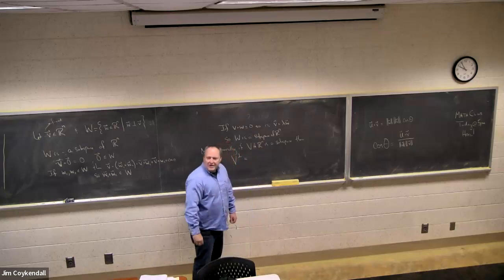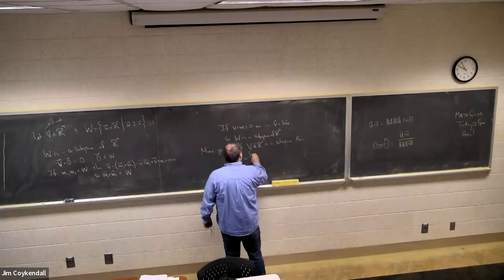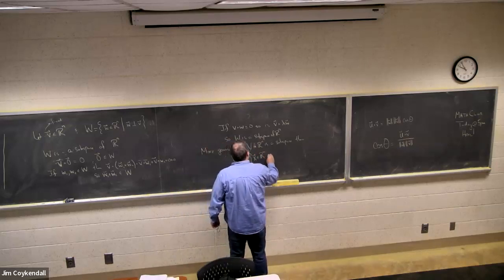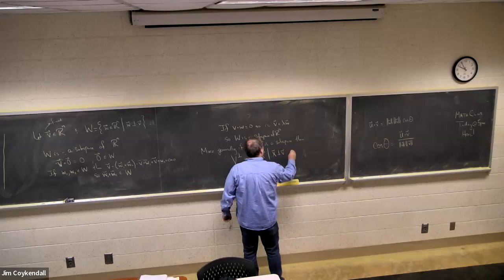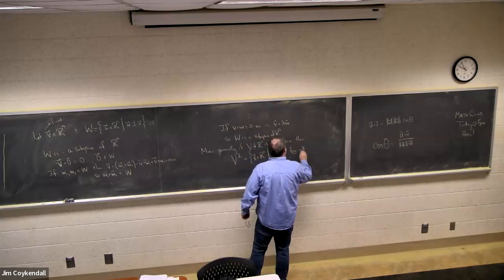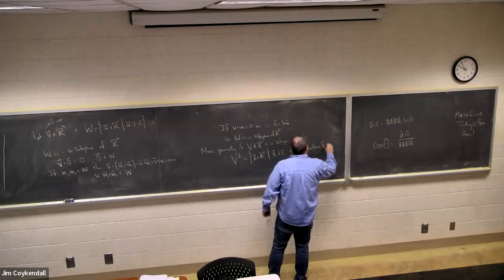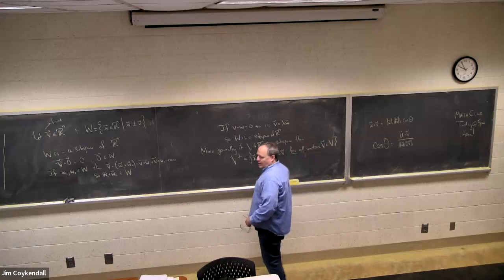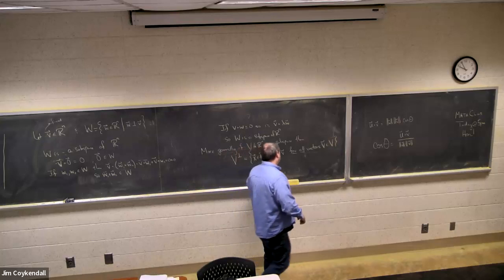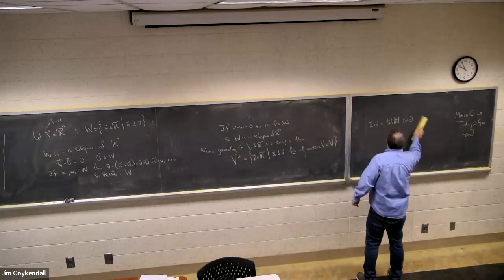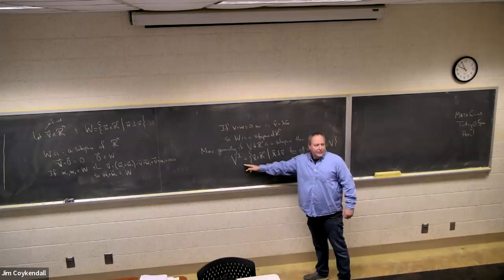Sometimes we just call this V perp. It's the set of vectors x in Rn such that x is perpendicular to V, for all vectors little v. So the orthogonal complement of a vector space V is just all the vectors that are perpendicular to every vector in that space. So for example,